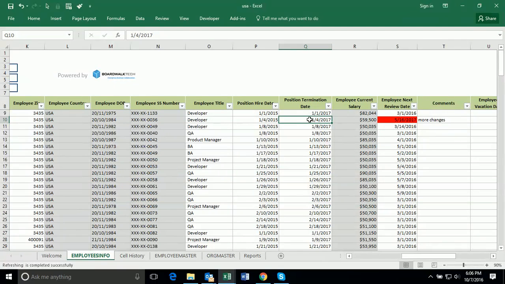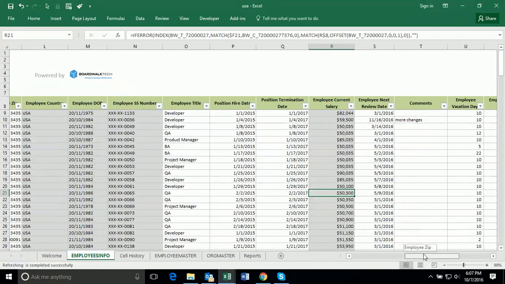So this is a capability. You can use all of the functionality inside of Excel. You can also make it so that this user wouldn't be able to submit this change because it would be invalid. But I can say, okay, well, I need to be able to modify this review, and I'm going to be doing this in November. So I'll go ahead and make this change, and I'll say,